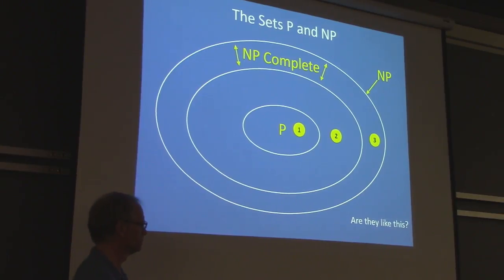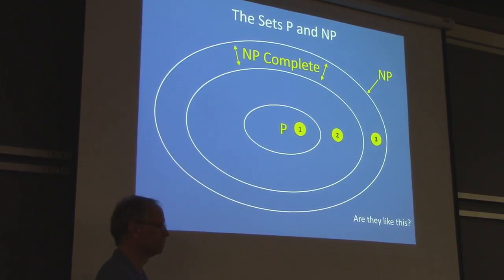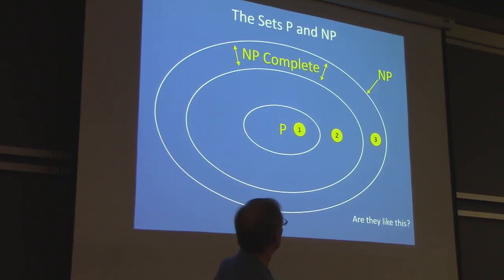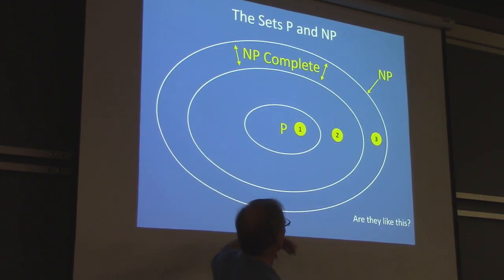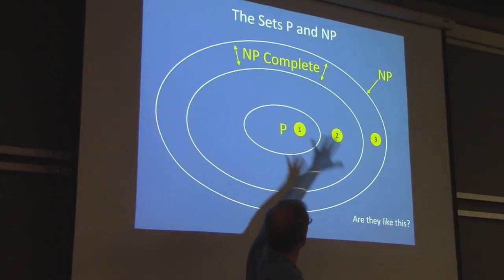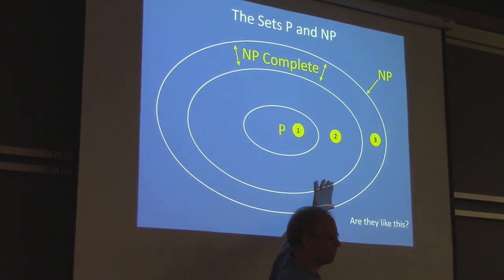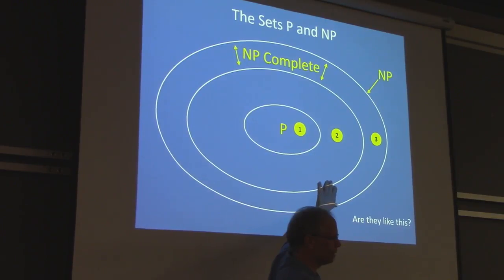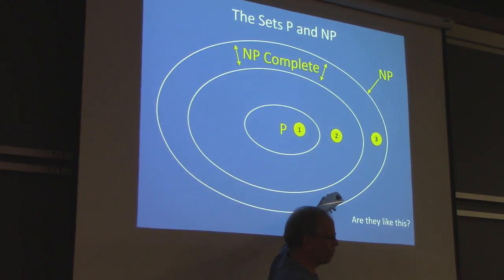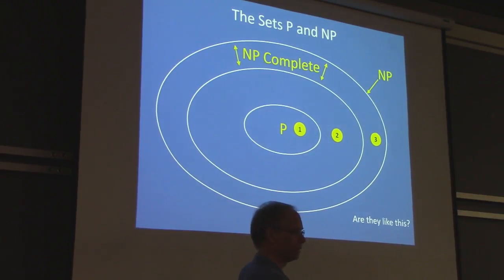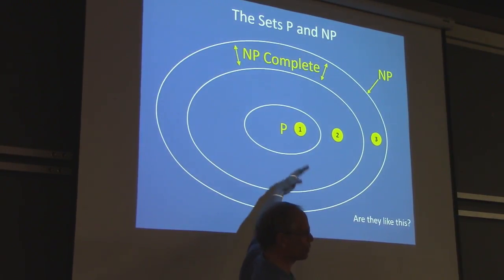Yeah? So just to be clear, the reduction can't go either way, right? It can go from the inner circle to the outer circle. Well, the definition is that any problem from this set reduces to every problem in this annulus. It doesn't go the other way. You can't take, say, the traveling salesman problem and reduce it to finding the largest number in an array. But you can take finding the largest number in an array,